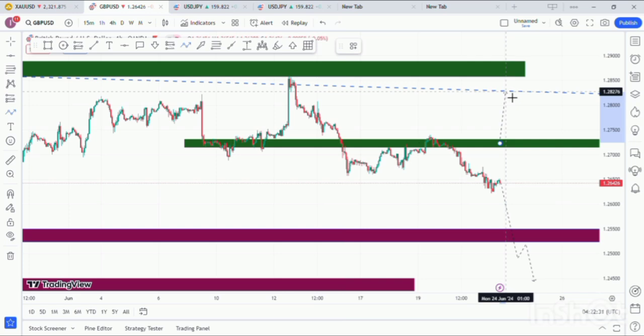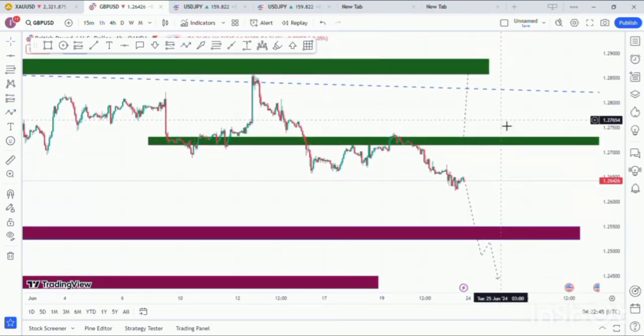We're expecting price to respect that trend line before the drop, or possibly break out of the trend line to the resistance zone just above. So generally for next week on GBPUSD, we'll be expecting continuation to the downside to respect the support zone just